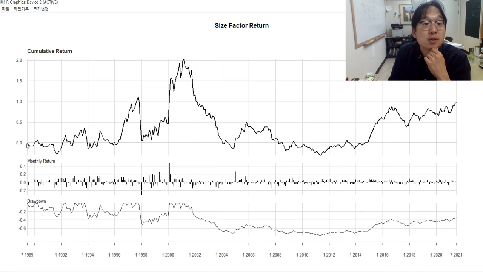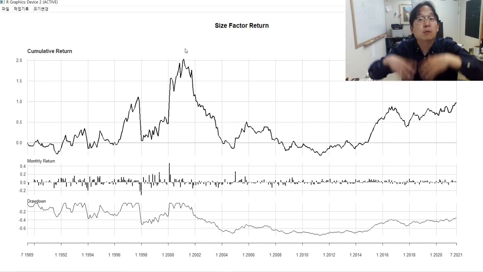The magnitude-wise, 0% return to 100% and 200% return. It could have been going up like that, but ever since the beginning of 2001 or 2002, the size strategy sucked. Why? This is when the typically small companies performed awesome. When did these small companies perform great? Well, the dot-com bubble period. That was when all those internet ventures were booming, and we're going to talk about this